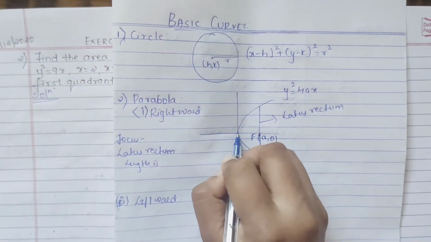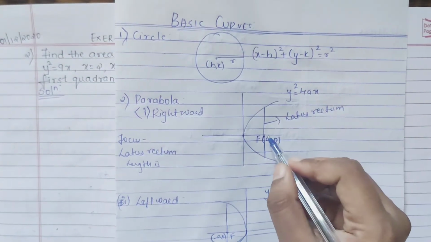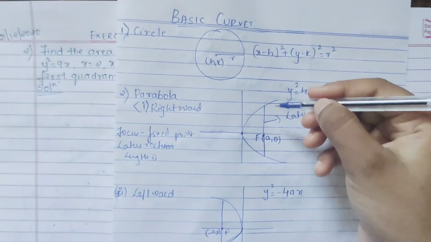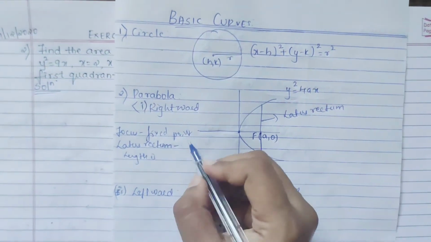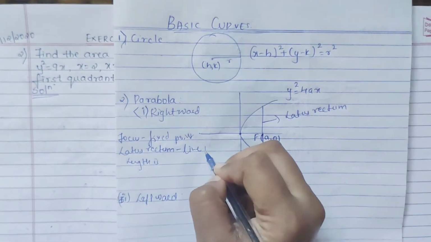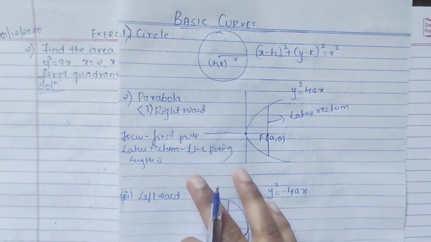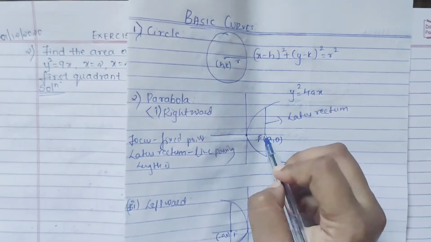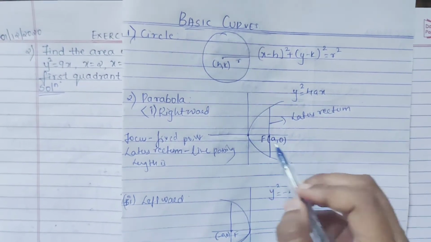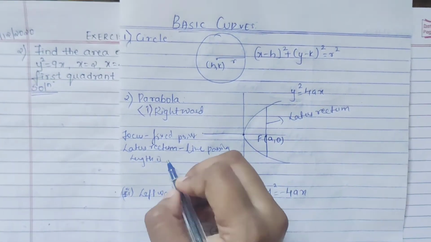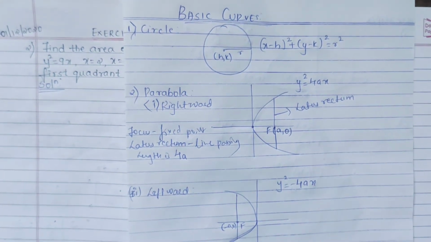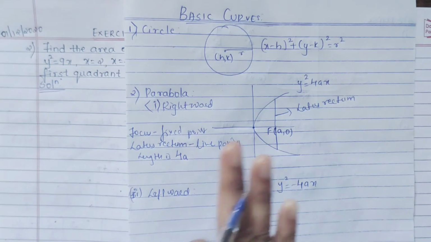This is your origin O, and here it is focus. Focus is nothing but a fixed point we call. Okay, fixed point, and a line passing through the focus is called our latus rectum. Okay, just I have written it. And focus, how it is given, a comma 0, a from your parabola equation, that is a, and the other is origin 0. Okay, and latus rectum length is always 4a, but that is mostly not used, sometimes used, but still you can take it. So you can remember like this.